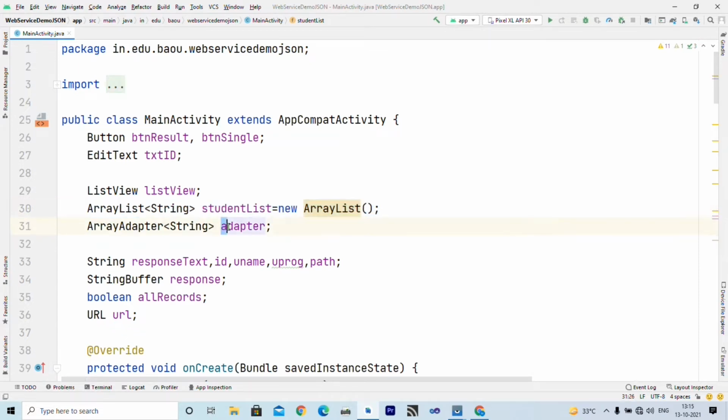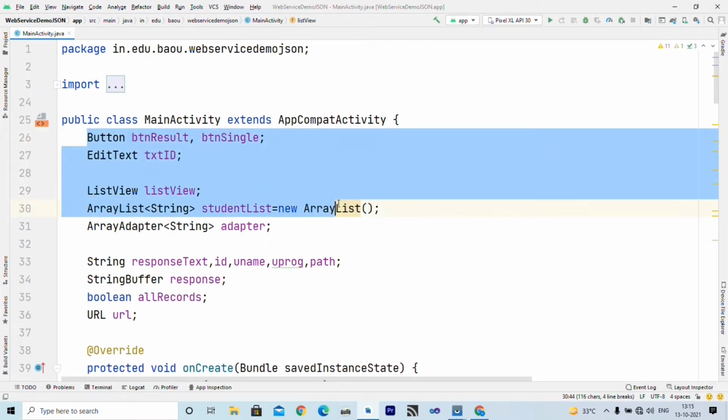And we know that an array adapter is used to populate data within the list view. This adapter fetches data from the array list, which is student list, and displays it inside this list view. So these are the required controls and variables.